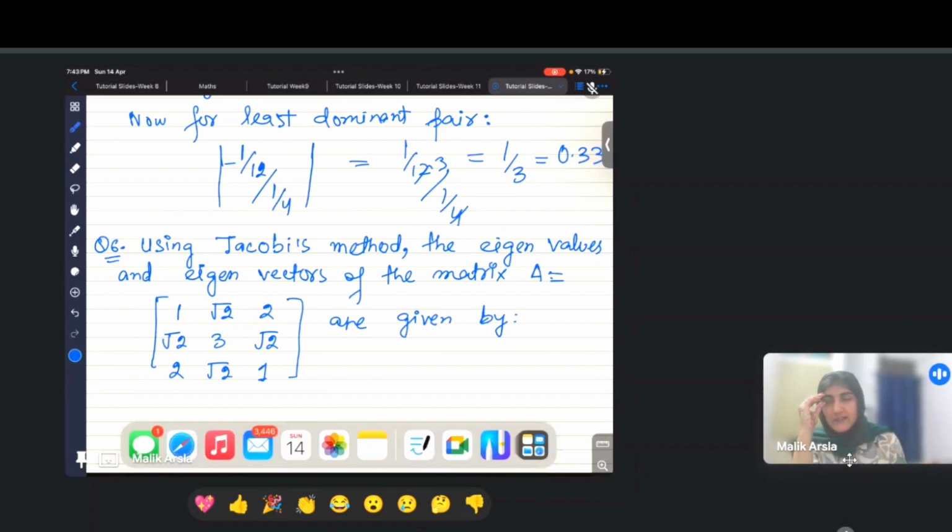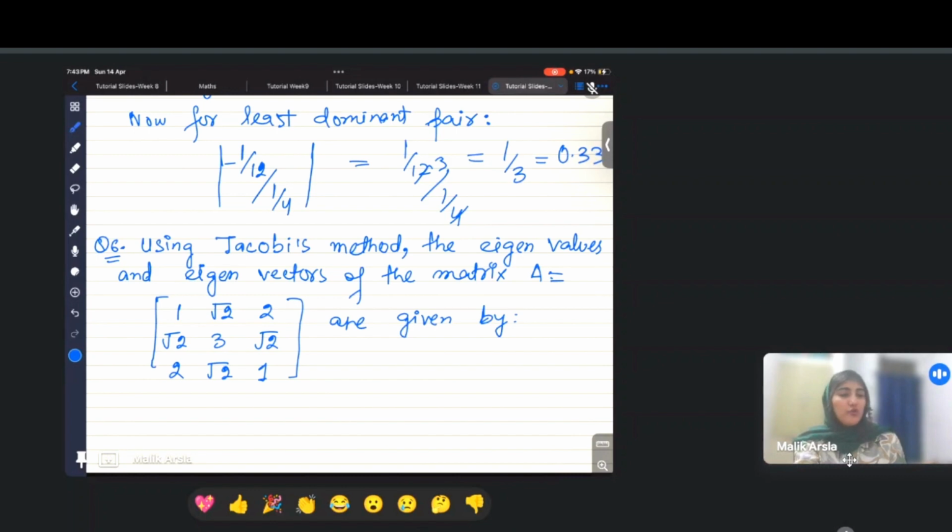So basically, these questions are pretty simple because they have a specified algorithm. You just have to follow that. You have been given a matrix A. You form its rotation matrix, and for that you have a specified procedure that I'll tell you. When you form that rotation matrix, you calculate another matrix, say D1, that is R1 transpose A R1. The catch here is that we have to try to make D1 close to a diagonal matrix. So until D1 or D2, D3, whatever, reaches a diagonal matrix, you don't have to stop; you have to perform the iterations.